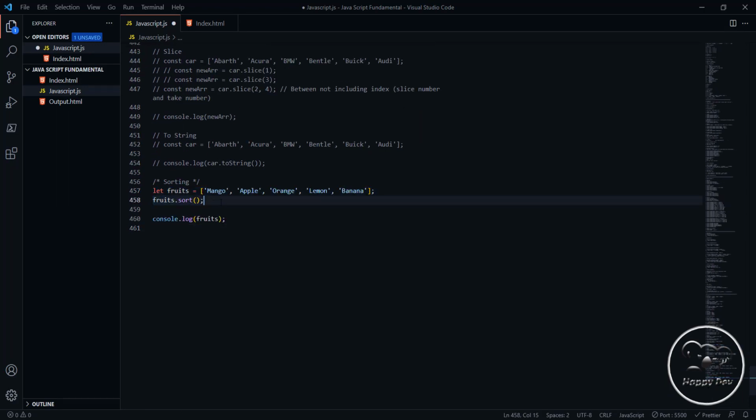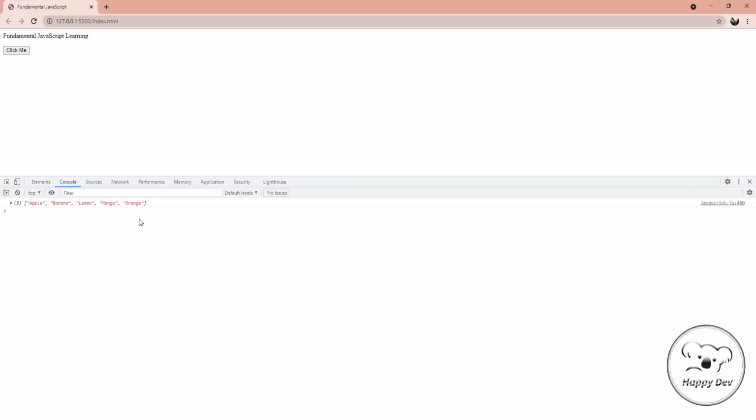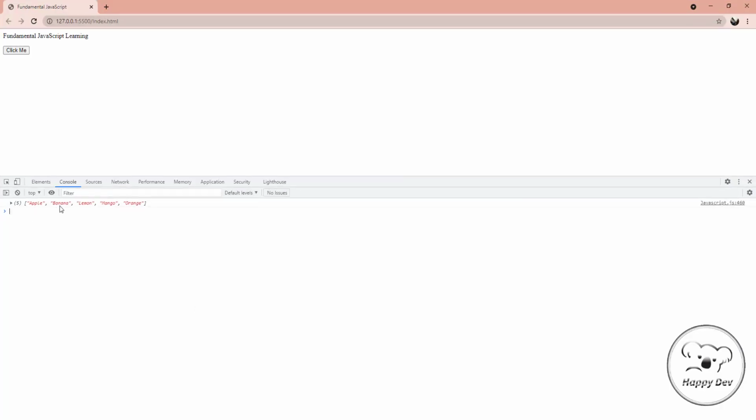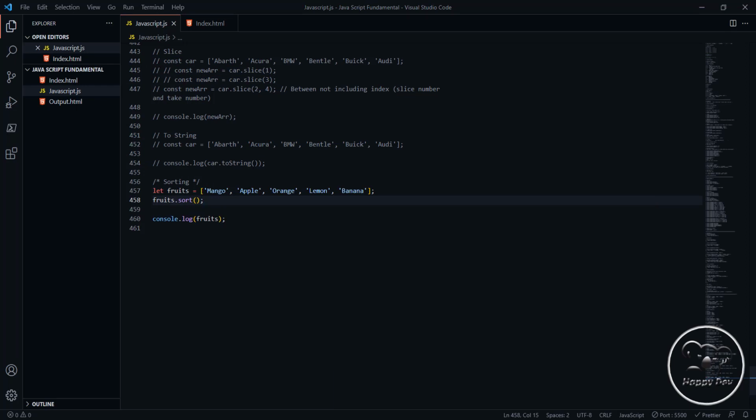And when we save again, it logs out sorted from the A: Apple, B, L, M, O. It is sorted from the A. If we can sort reverse